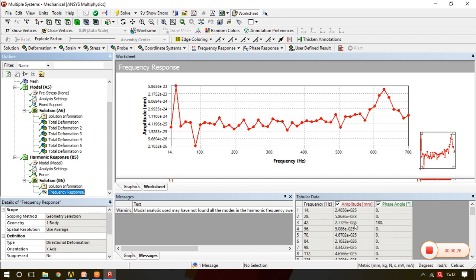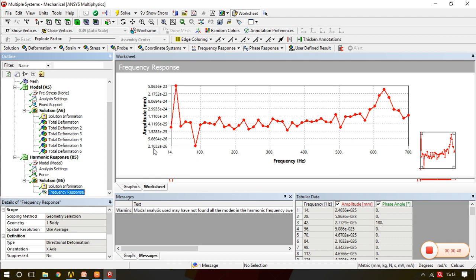From this particular table we can see that 28 Hertz causes that much amplitude. So this is the highest amplitude, and while designing we need to take care that our natural frequency never matches this forced vibration, otherwise it will create resonance. So this is the thing which we have seen here.